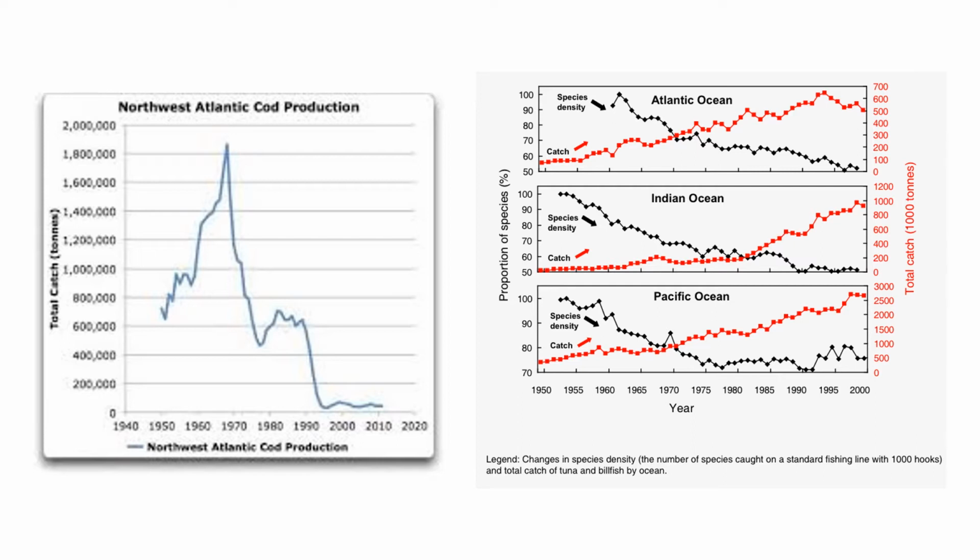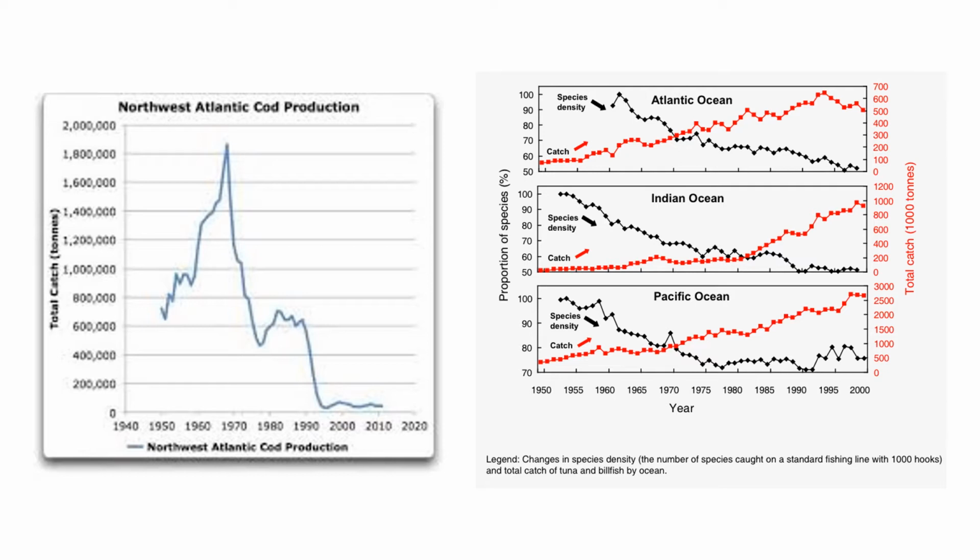So the amount of cod that has been caught, you can see in the 1970s, it really peaked, but then it crashed. So when you overfish, stocks go down and you have this much smaller population. And so even though you have the same technologies, you're catching less. And if you look in this graph on the left there, you can see just that happening.